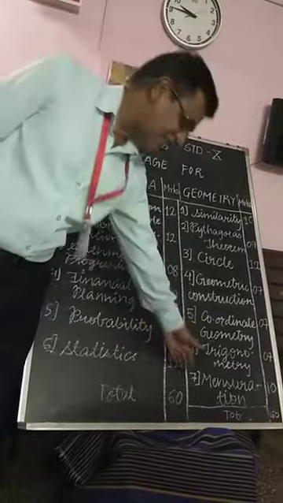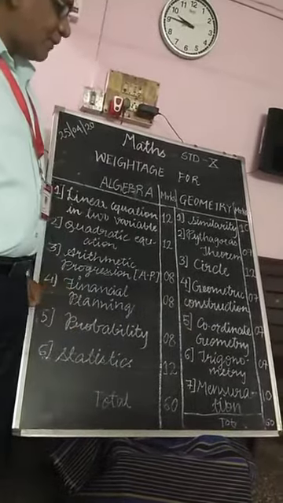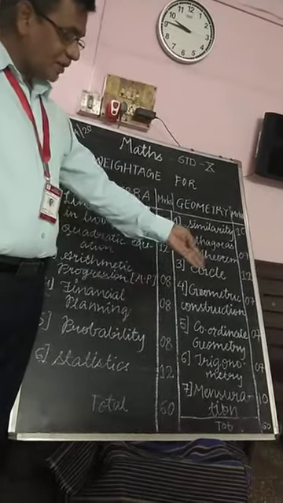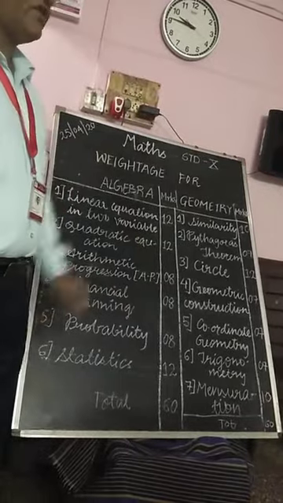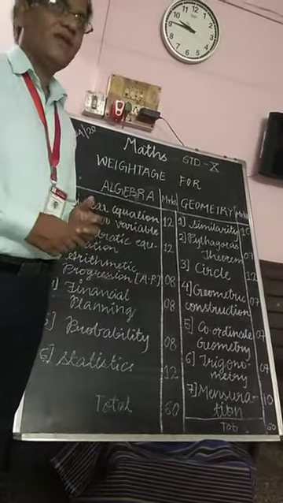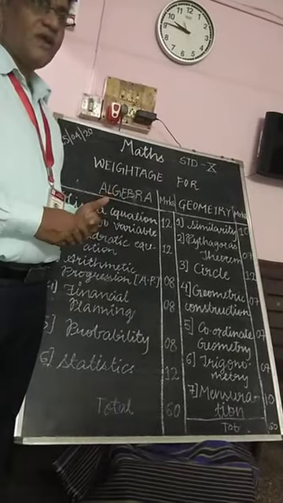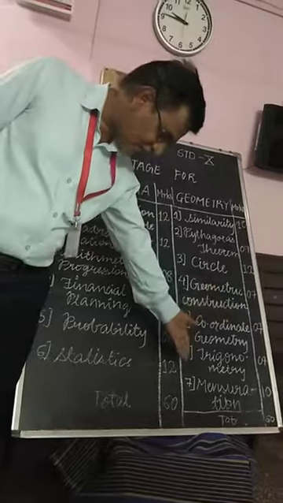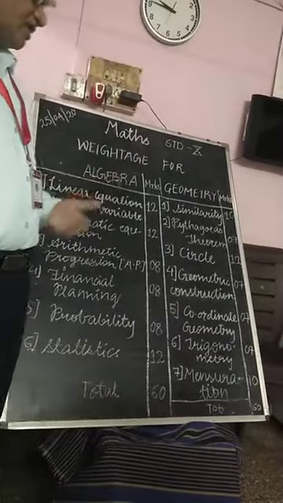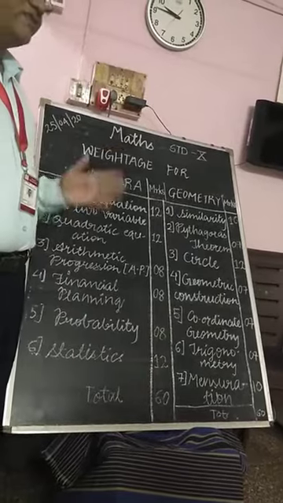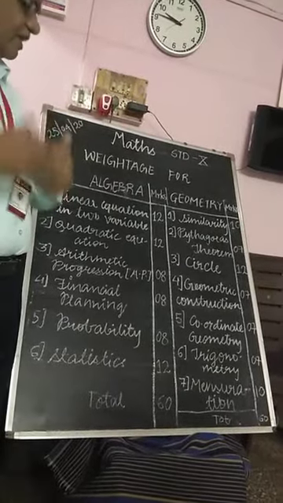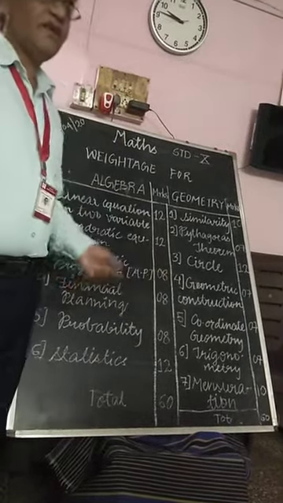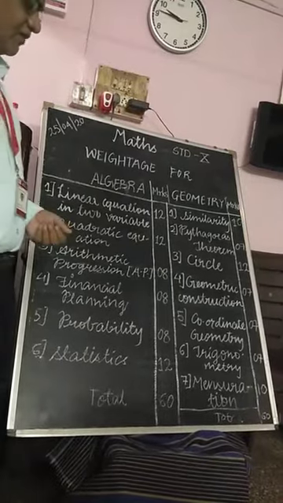Now you come to the last chapter, that is mensuration. You already know the concept of mensuration. In mensuration we find the surface area, the volume, the curved surface area. Different types of areas are there, which you can find by different formulas, and the formulas are already known to you from 9th standard. Some different formulas which are in 10th standard we will give you. By using those formulas you can find the surface area, volume, curved surface area, total surface area, all these things.